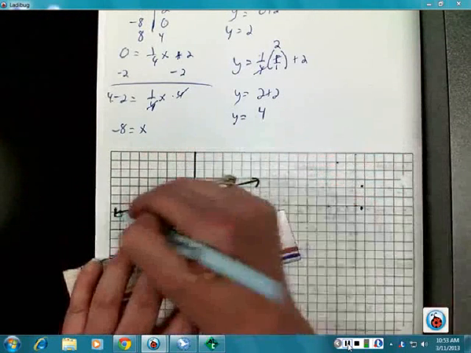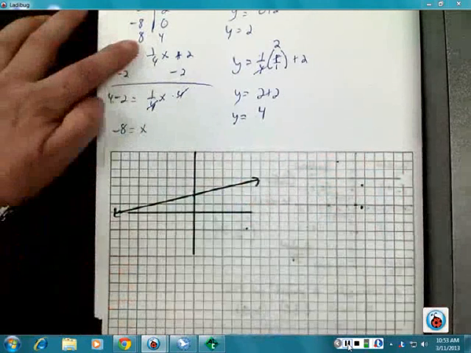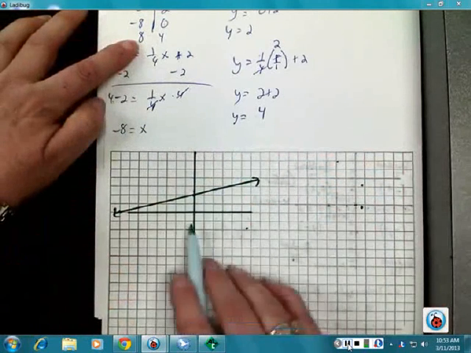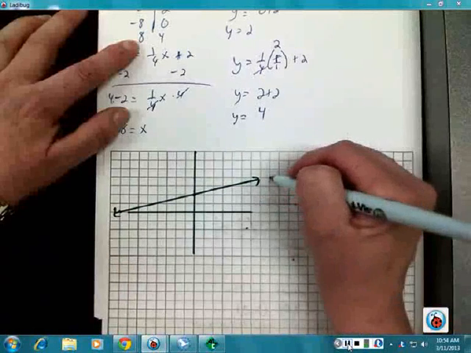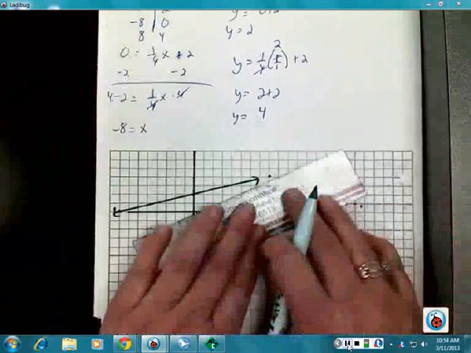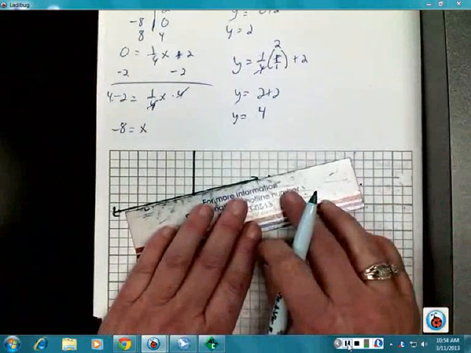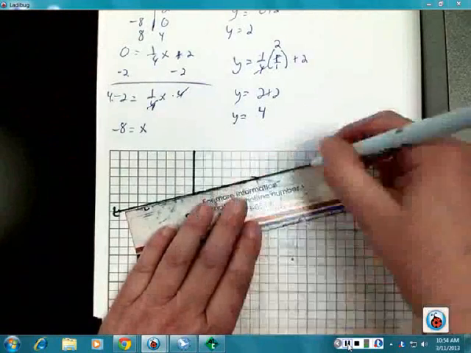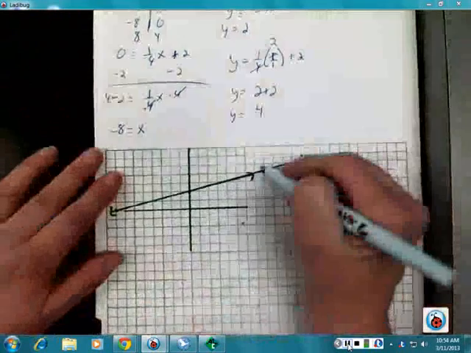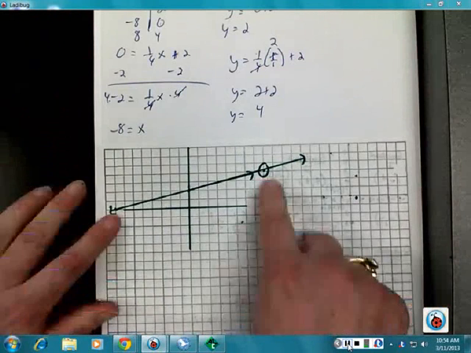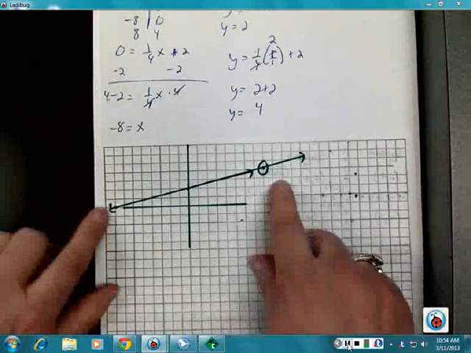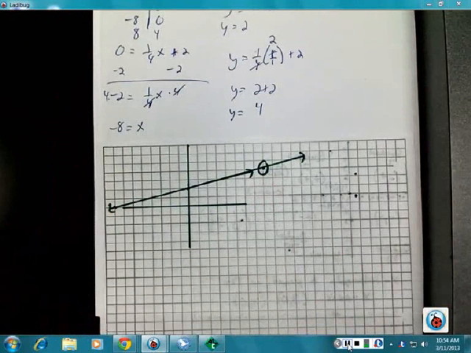If I connect those two, so I got a real good graph here instead of my penned in ones, what you will find is that point that we have right here will be on my graph. 1, 2, 3, 4, 5, 6, 7, 8. 8, 4. And if I extended my line out, I guess I didn't draw it long enough, I would find that that point is also on my graph, and so therefore I know I did it right. Okay? So if you take the extra time to get that third point in there, then you'll know where you ended up at. Alright? Make sense? Okay, and that's kind of the stuff that's in that part where you want to